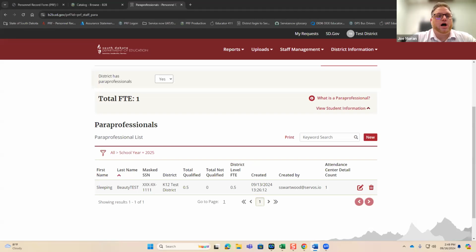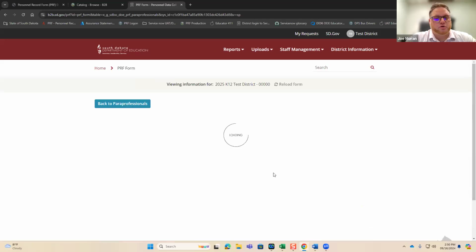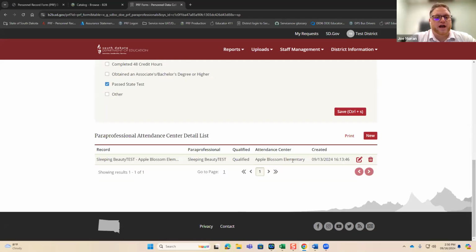rollover this year. We did have, again, the same issues as we did last year. Paraprofessional data did not roll over initially. Late last week, we were able to roll over all paraprofessional records, meaning the first part of that record that Jantina walked you through. The second part, the attendance center detail records, we were able to get about half to roll over and have found the other half that did not roll over, and we are still working on that.